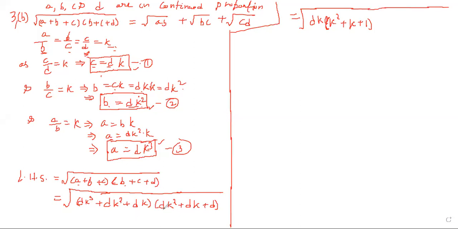And then in the second bracket we observe that D is common. So when we take D common, in the next bracket it is again K square plus K plus 1 equals to,